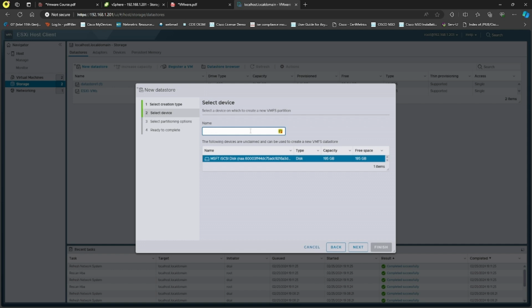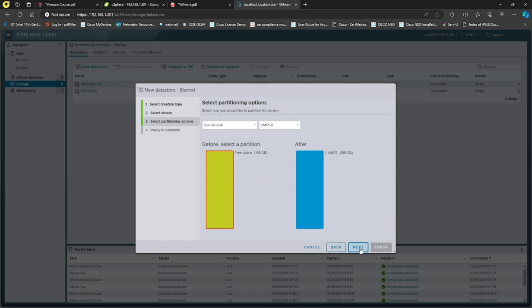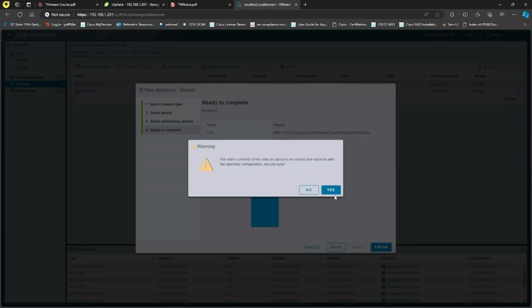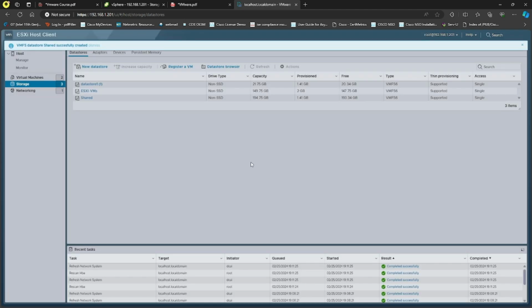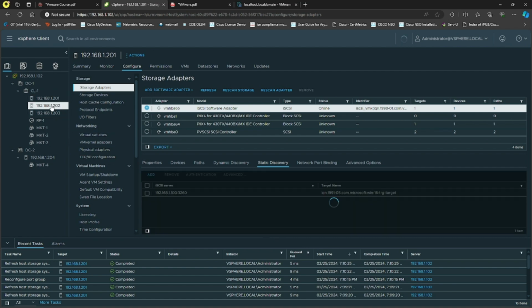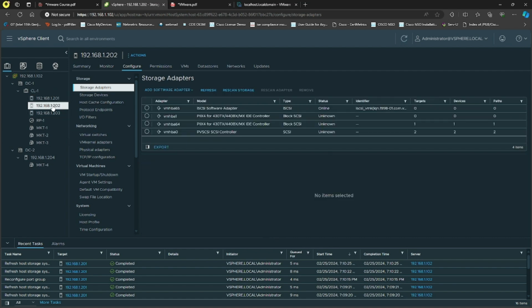Otherwise, I will give only one name, that is shared one, so that everyone has the same name. So click on next, next, and finish. So we don't worry about that one. Now I will try to add the same thing via the vCenter server now for the second